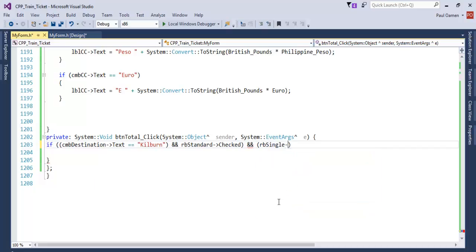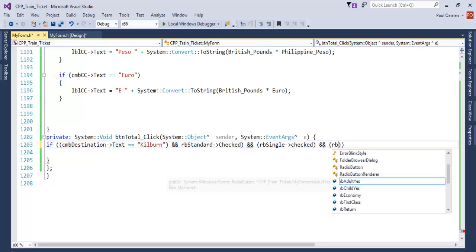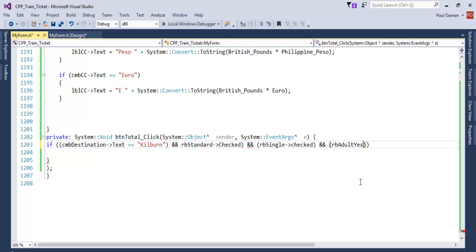If that one is checked as well, and let's use another and. The next one, let's go for the adult. Let's open that, and we're gonna need two of those. Come in here, let's say RB adult. If that one is checked as well, then